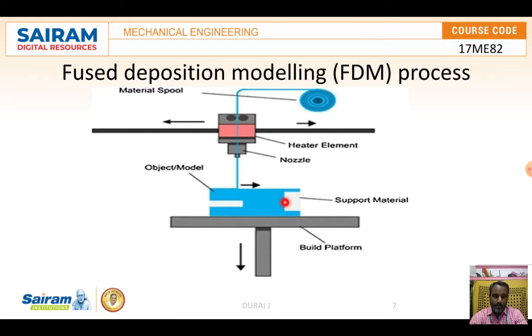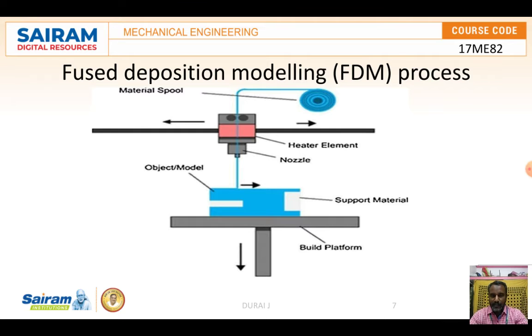It creates the model layer by layer. The slicing thickness and everything is predefined, and according to that the model is created. The thin layers avoid cavities, and even where cavities occur, we can easily find them or fill them.